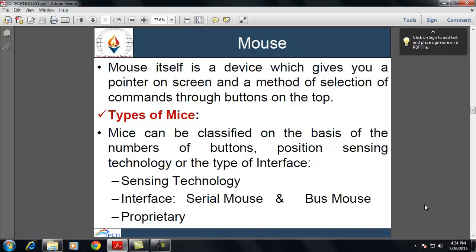Next is the bus mouse. This mouse has a dedicated mouse card and port to connect to. Recently, the USB mouse has become popular. If we talk about the categories of mouse on the basis of the proprietary, then there are mouse ports specific to some PCs like IBM's PS2 and some compact computers.